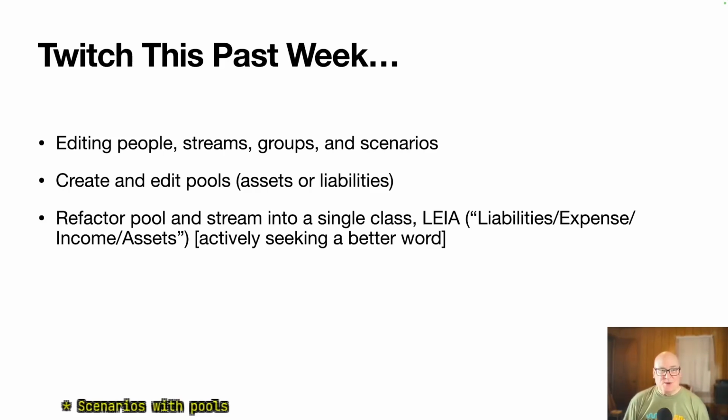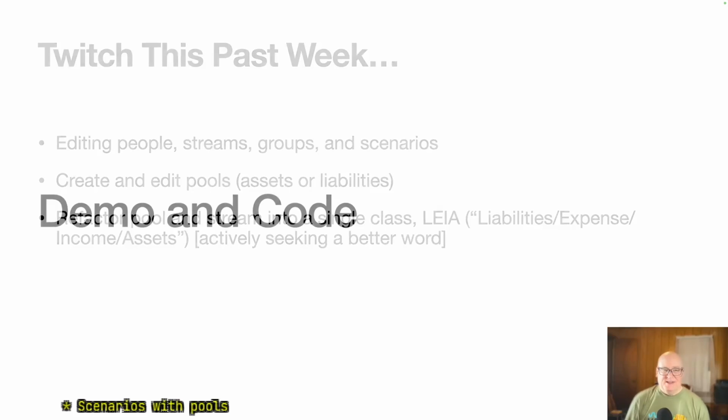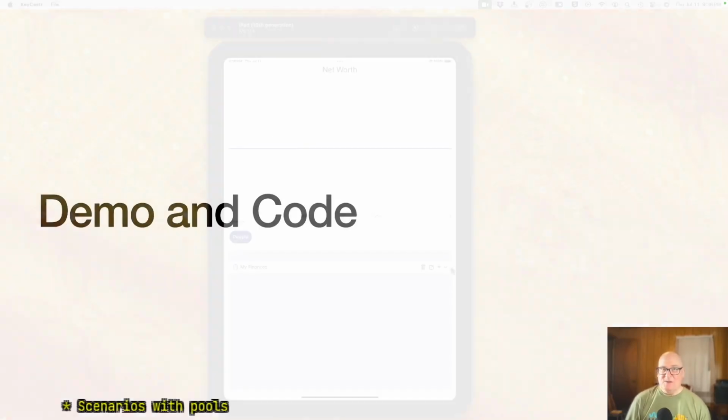All right. So pools and streams turned out to be very, very similar. In fact, as far as the actual contents, they're the same. People use them differently. Other objects use them differently depending whether they're a pool or a stream. But the classes themselves were basically identical. So we did some refactoring, we pulled them into one class, and then we made sure that everybody that used it, if they cared which kind it was, we made sure they kept track of it. All right, so let's see some demo and some code.